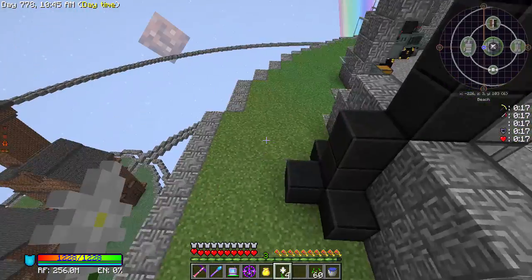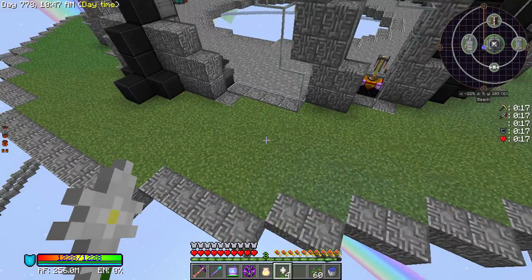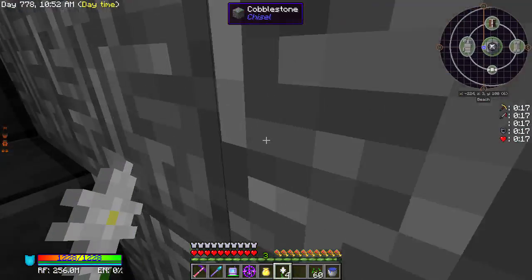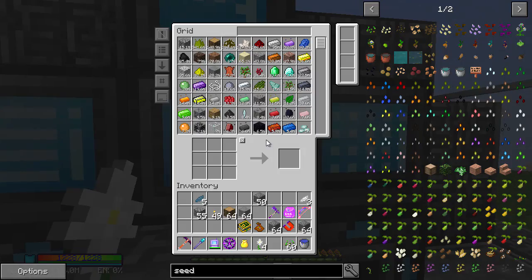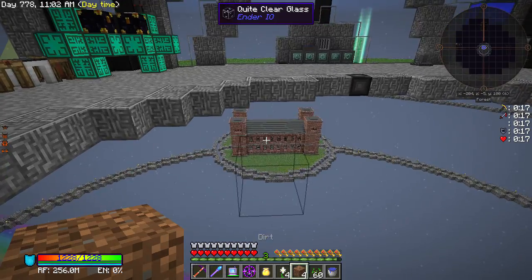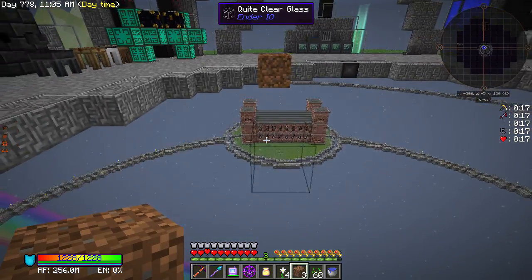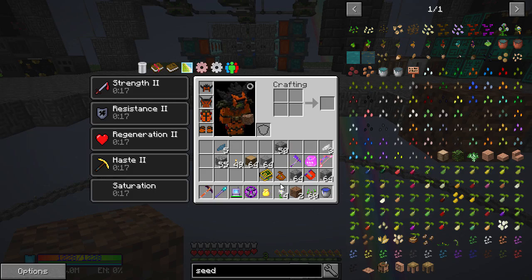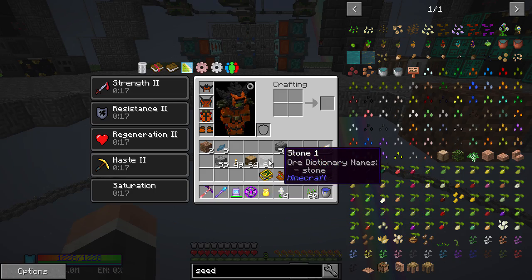And if we go out here. Now then, where can I set this up? Oh, actually, I think, yeah, I do need to do it in... Actually, let's just do it in here. That's fine. Get 4 bits of dirt. There we go. And let's just set it up in the middle here for now. Just for now. 1, 2, 3. So that 2, like that. And then we put